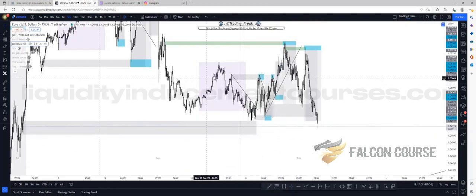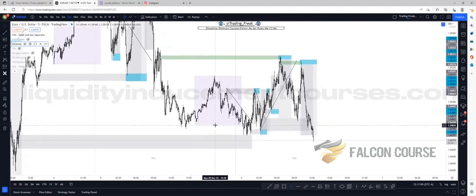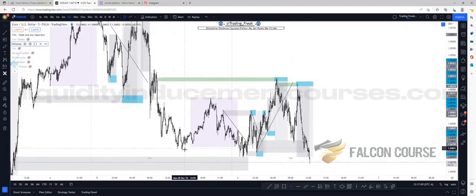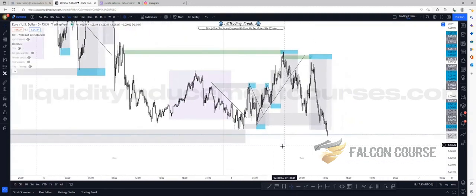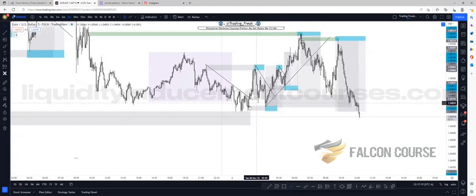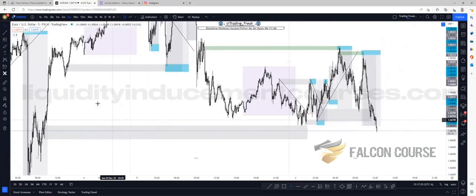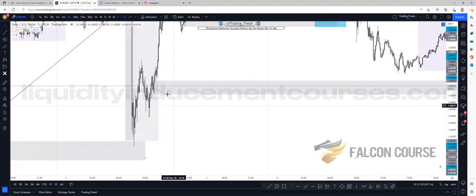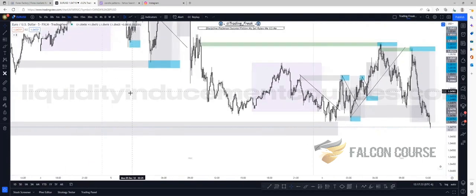But yeah, so you can see today, not only did we take Asia low, right? Asia low is one liquidity type, but it also took out the low of the day. So this is yesterday's low. We took out the liquidity at the low, and that's how we were able to see some entries, right? Some of y'all caught some EU buys today, I believe. Yeah. Not only that, but we have what liquidity right here on the 5-minute? We had the strong low, which is just a candle, but a strong low.